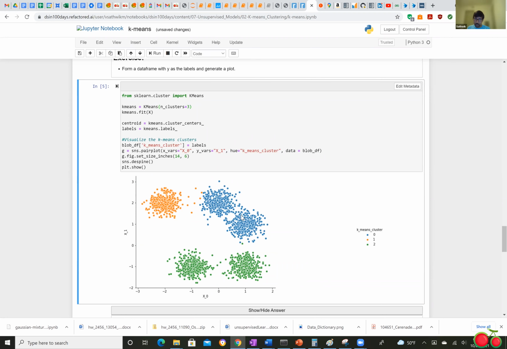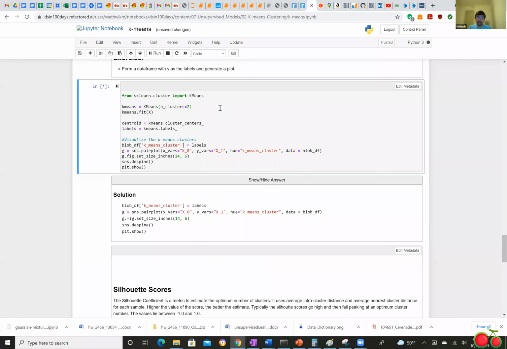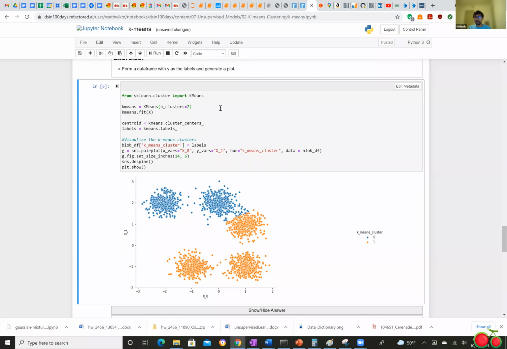Model still works. It grouped these 2 clusters as blue, this one as yellow, and these 2 as green. Okay. What happens if I do 2 clusters? See that? It's assuming these 2 are one cluster and this is another. So the point is now, no matter what, visually here you can clearly say that these are 5 different